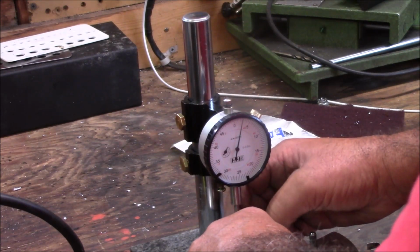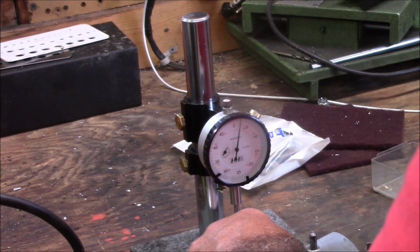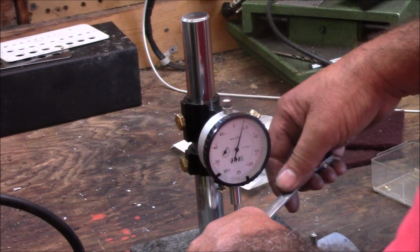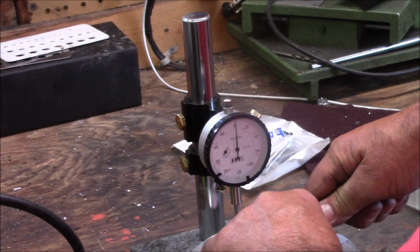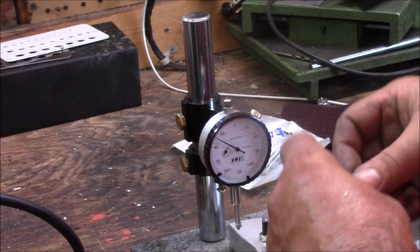And I want you to notice that I done one of these off camera. So what this will do is you just take the wrench, you tighten it a little bit, it'll move. So you want to tighten it till it gets to 0. And then